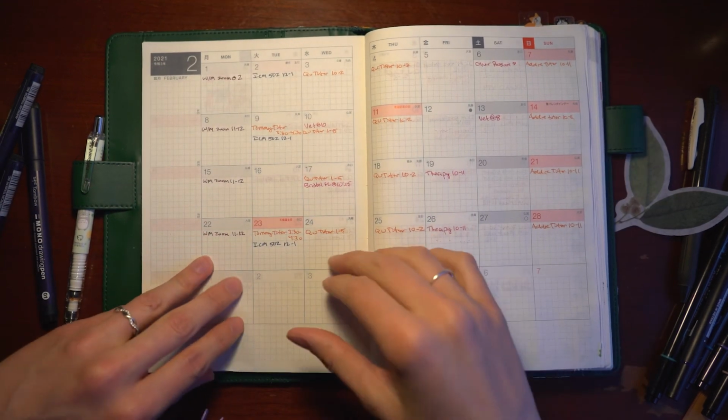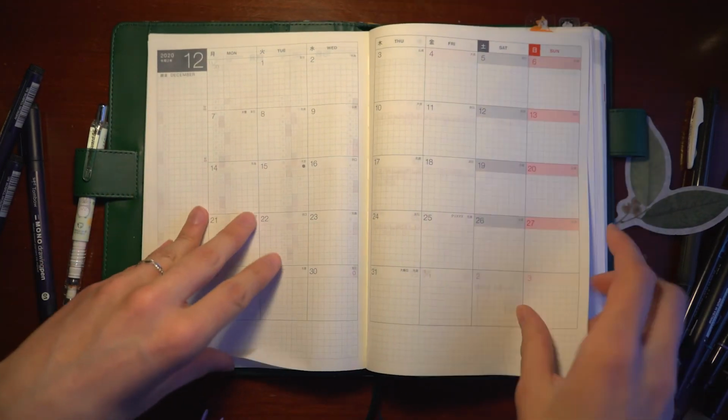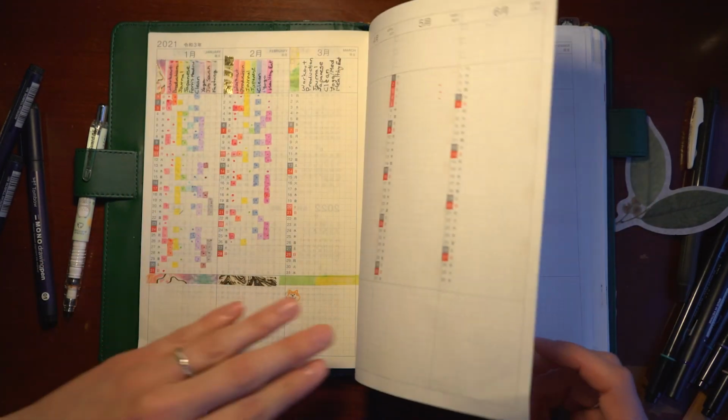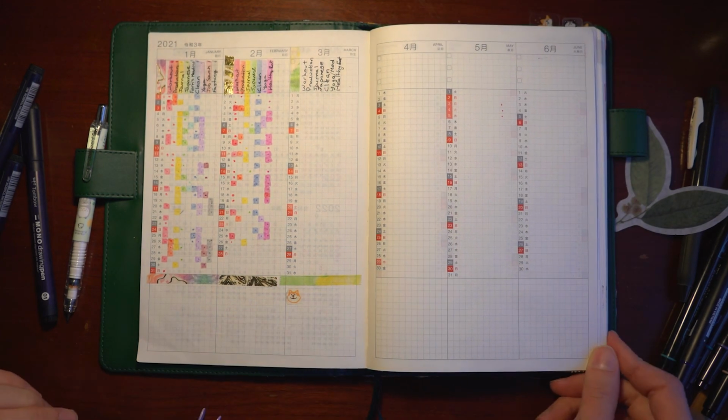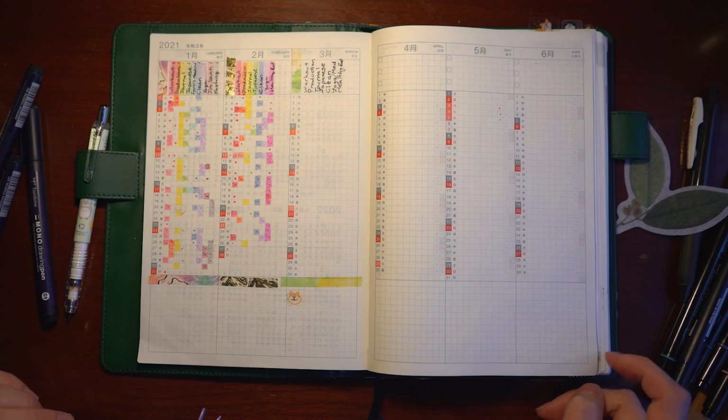Okay, and then let's go back to our habits and color code them, and then I think that'll be about it. And actually, I should add a tab so that I can easily open to this page too. Then I also have to cut out these little edges so they don't stick out too much. But anyway, first,